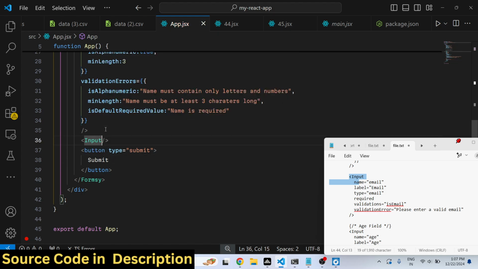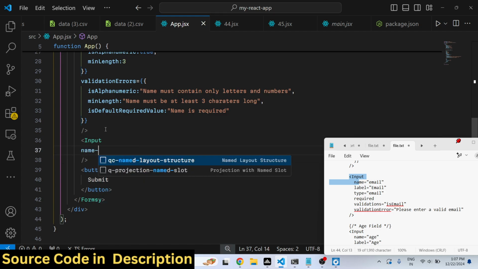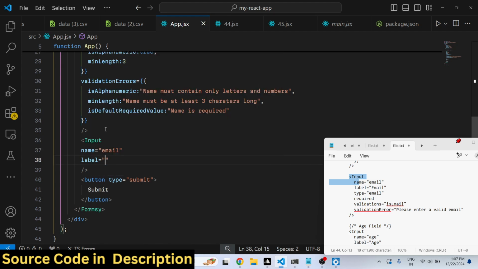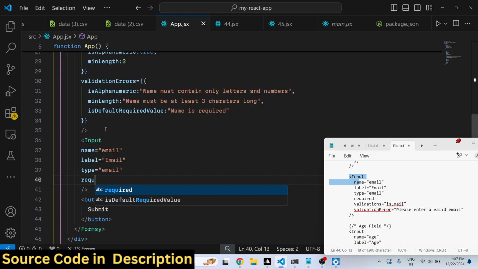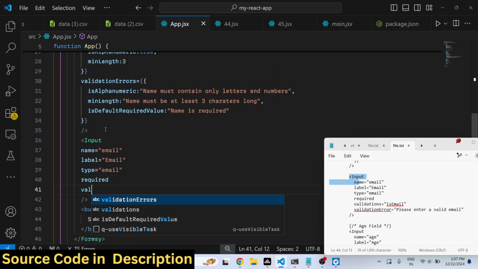So name will be of email, label email, type email, and it should be required, and we'll be providing the validation for isEmail, because this is an